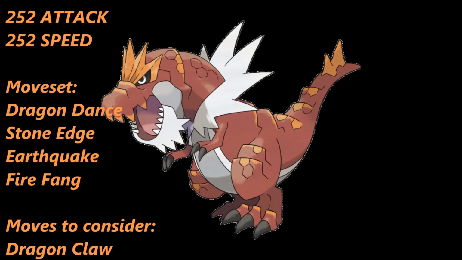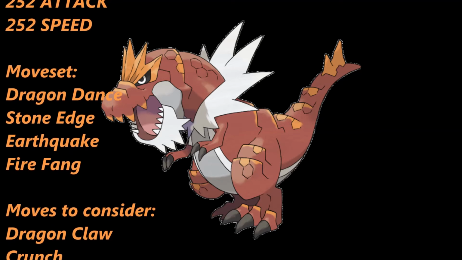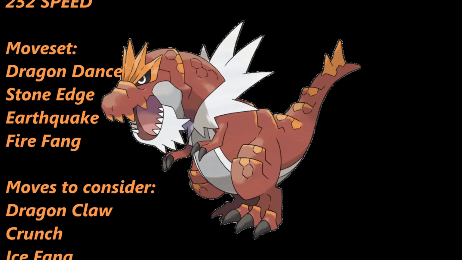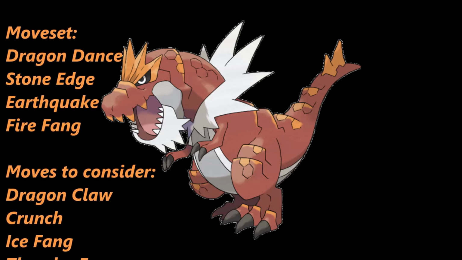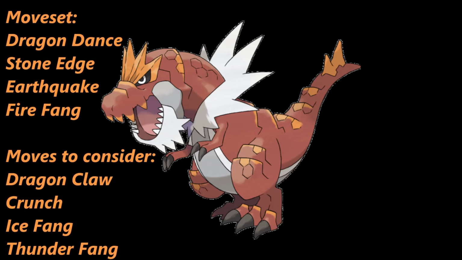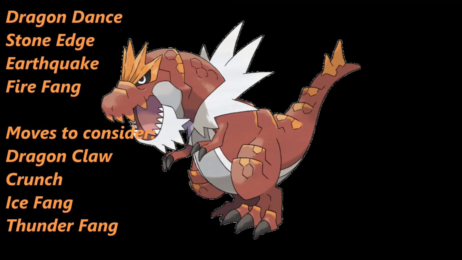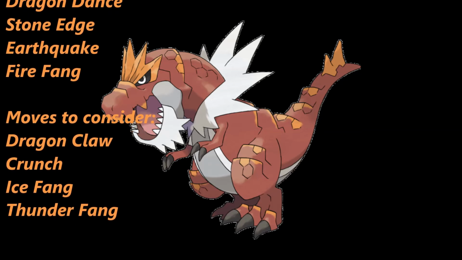The next moves to consider, that being Ice Fang and Thunder Fang, Fire Fang being in the primary move set. Now, Ice Fang and Thunder Fang hit very hard for super effective damage to the respective Pokemon. Ice Fang to hit very super effectively for the likes of Garchomp, Salamence, Flygon, just to name a few, and also Noivern. Thunder Fang to hit the likes of Gyarados very hard,